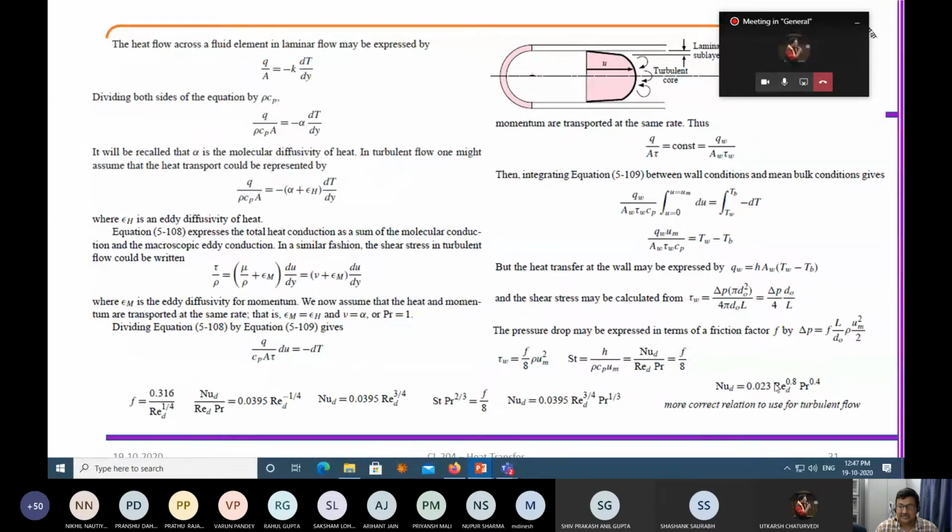Once again, you can see that the exponents change. So this is the purpose of showing this part: if I do this hodgepodge, after that I get a kind of correlation, which is Nusselt number at diameter D equal to 0.395, Reynolds number to the power 3/4, Prandtl number to the power 1/3. First I get this expression, then I do a lot of experiments to finalize it. Okay, this should not be about 0.75, but about 0.8.